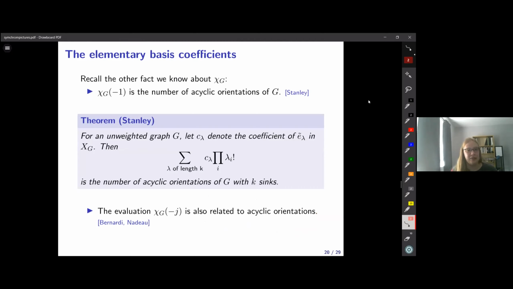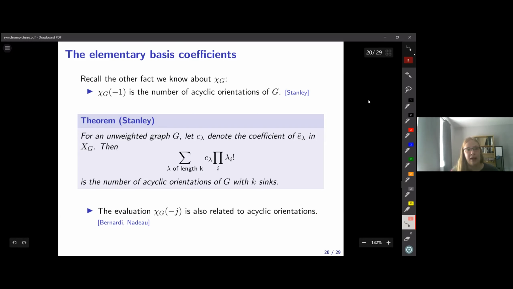The E basis corresponds to the other fact I mentioned about the chromatic polynomial, which is that evaluated at -1, it counts the number of acyclic orientations of a graph. And I said it's unfortunate that somehow we can't evaluate xg directly to recover this evaluation of chi g. But it's still in there somehow, and it's in there in the E basis, because if I have an unweighted graph,